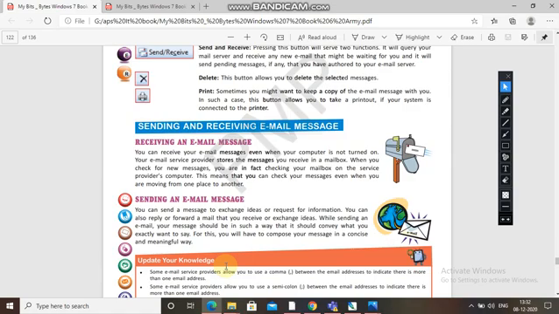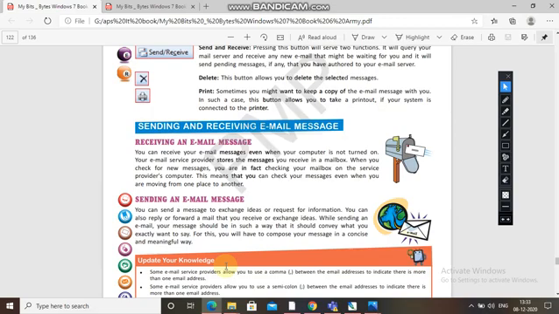So this means whichever company is providing you the service, Gmail or Hotmail, wherever you have created your account. This means that you can check your messages even when you are moving from one place to another. So your service provider is Gmail. So we'll go to Gmail and click on the inbox. Okay.